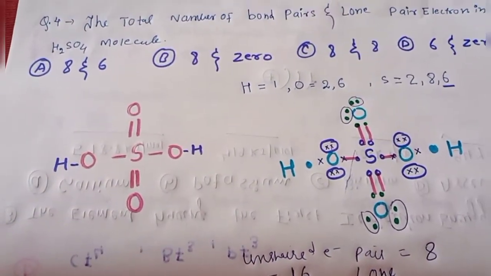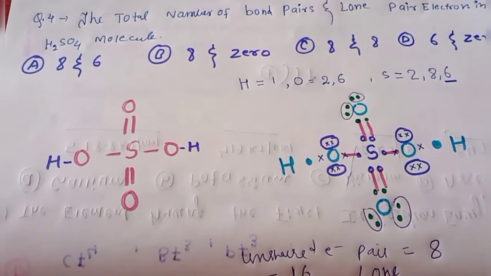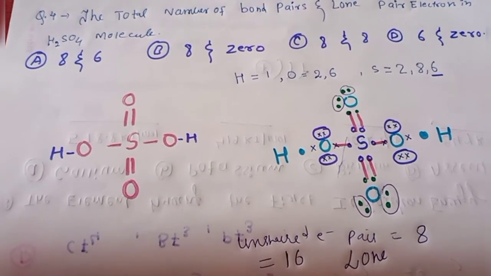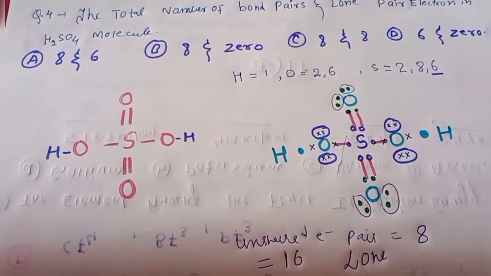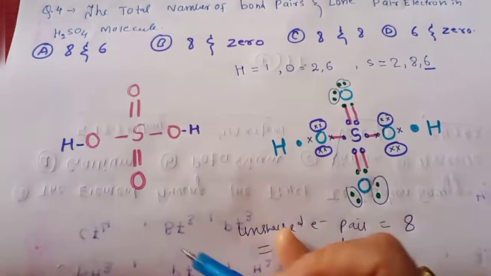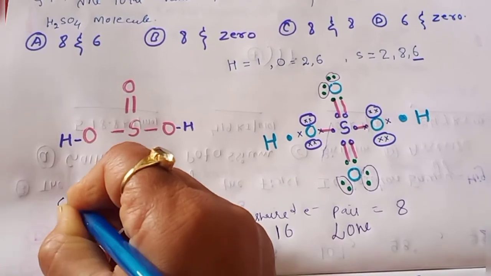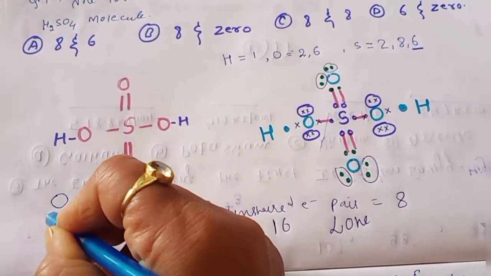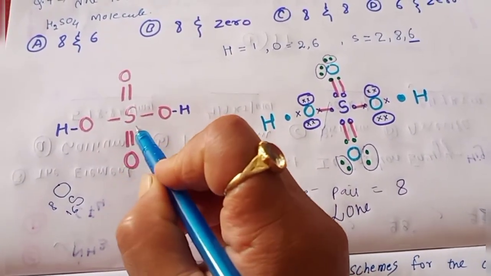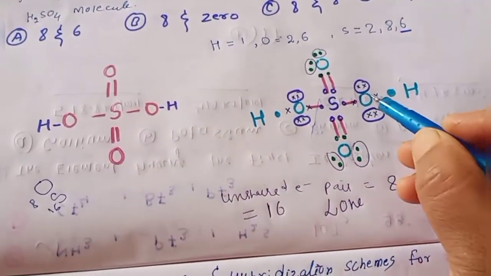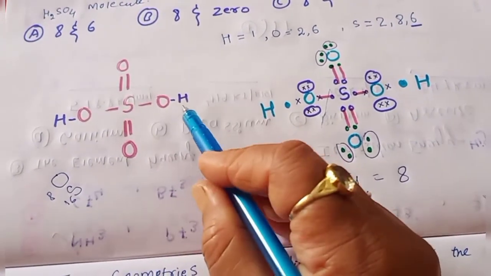The total number of bond pairs and lone pairs of electrons in the H2SO4 molecule. In this type of question, you must know how to write the bonding structures, electronic structures for the molecule. In H2SO4, one way to write the molecule structure is like this. Now, as we know, oxygen family: oxygen, then sulfur. Oxygen has atomic number 8 and sulfur 16. So write the configuration. Sulfur will have 6 electrons in the valence shell. Just see this purple color, 1, 2, 3, 4, 5, 6. Similarly, oxygen will also have 6 electrons, hydrogen 1 electron in the valence shell.